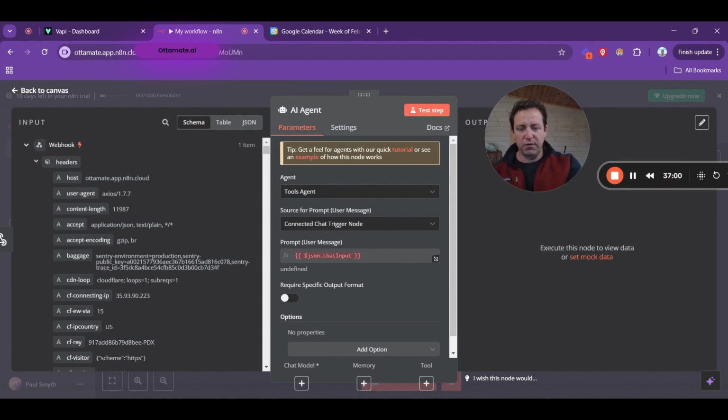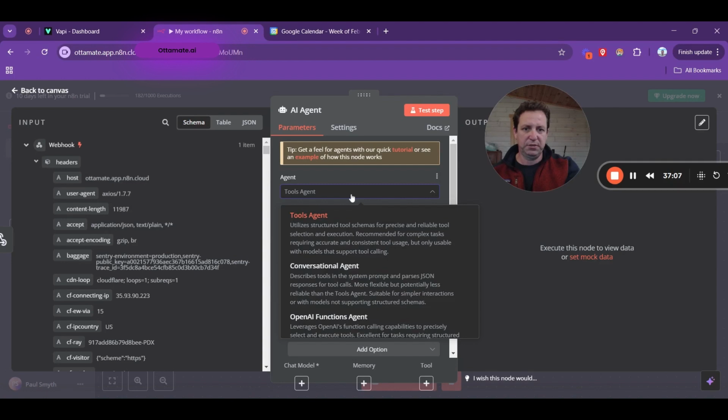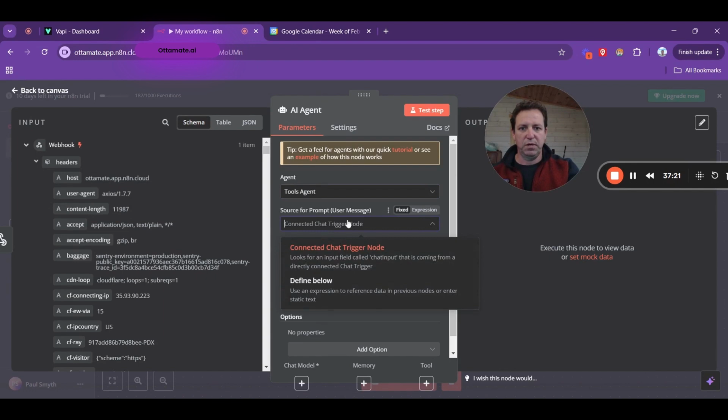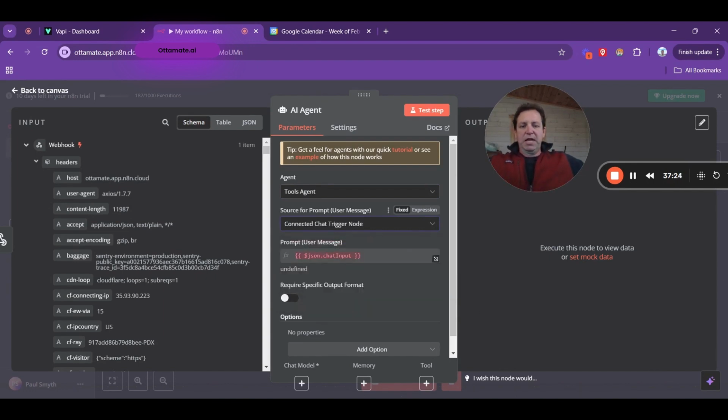So right here, we are in the tools agent, and you want to use a tools agent because we're going to hook up the tools to actually book the appointment here. In other chats, if you set this up differently, with Telegram, let's say, it would give you the message that was sent over. But because we're using Vapi and it's a conversation, there's no specific message there. So that's why we wanted to get those other